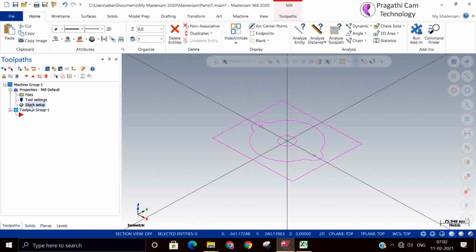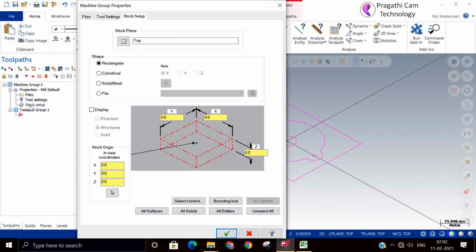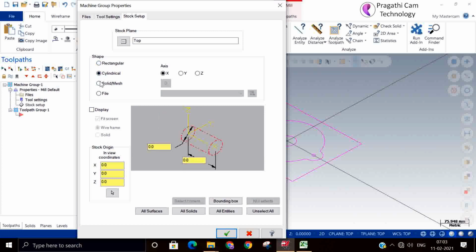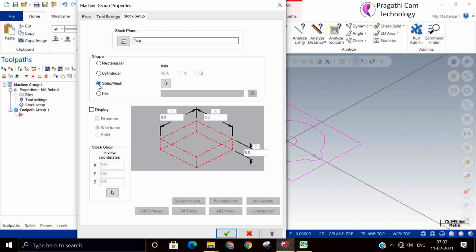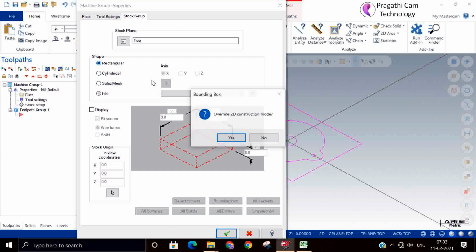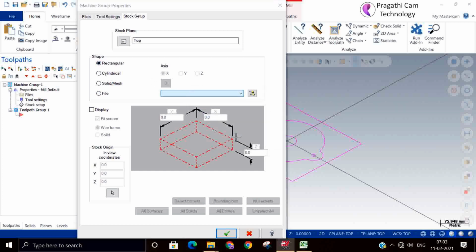So in job setup, you can make a job setup by rectangle or solid or mesh. All these ways you can define. Even some file also you can bring here. In the first case I will take a rectangle as a stock.